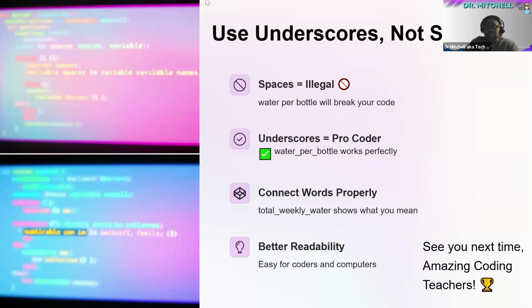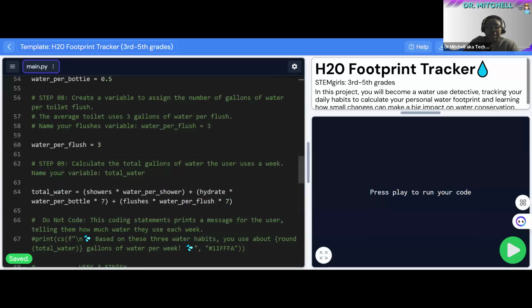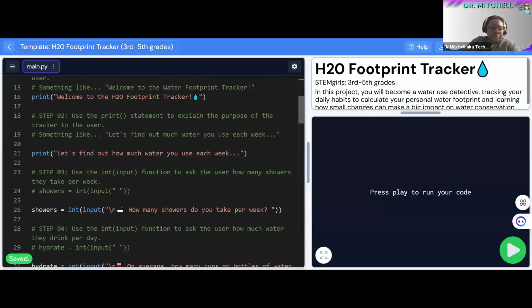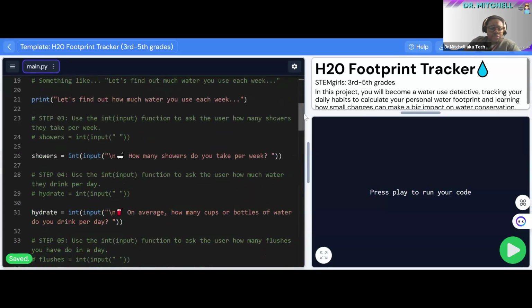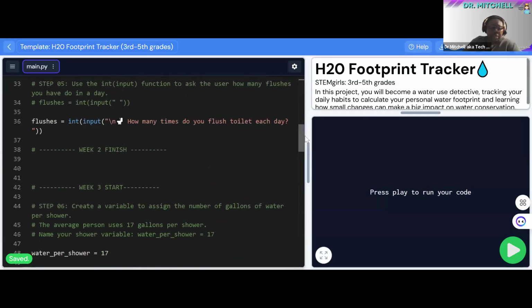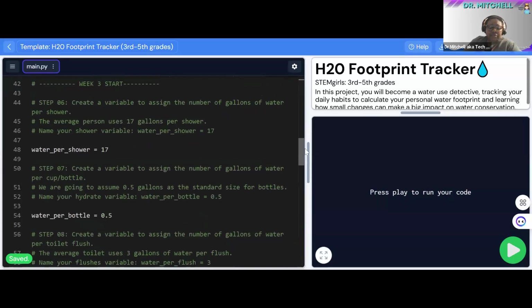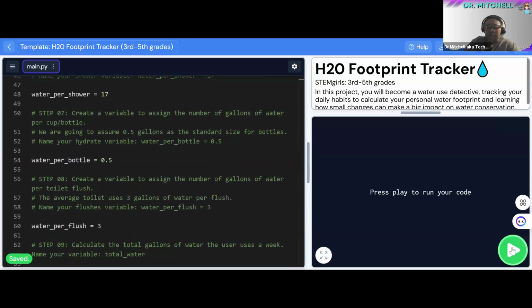I also want to share with you, going in at this point in Pick Code, you will be able to show the students, the girls, from step one, two, three, four, and five, which was from the previous week. That would finish, and then you would start with creating the variables. And again, to put it in their language, think about it as a container, a jar, and that they're storing this information. And then when we click run,